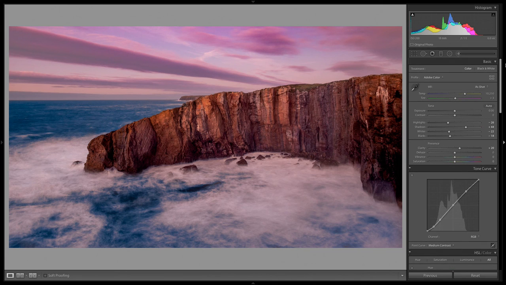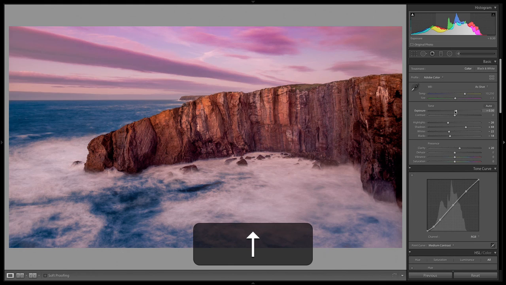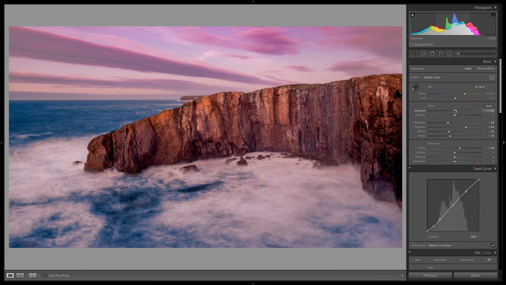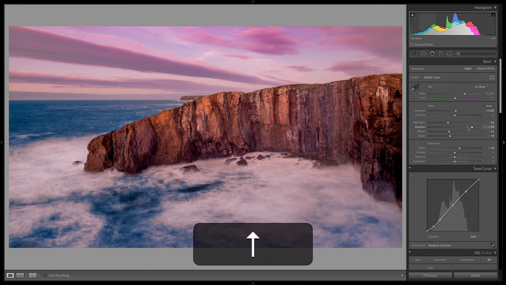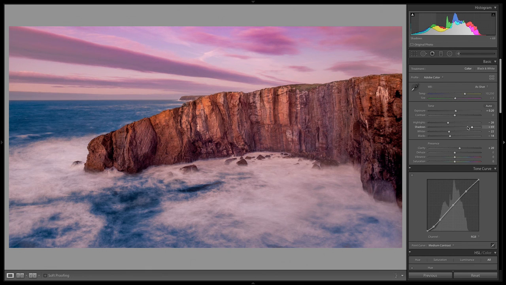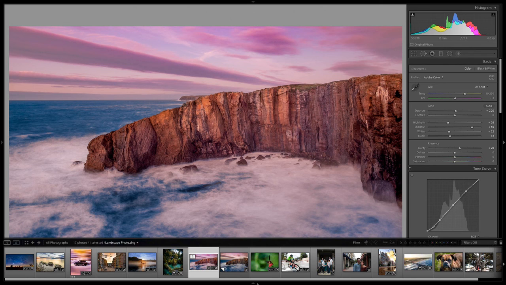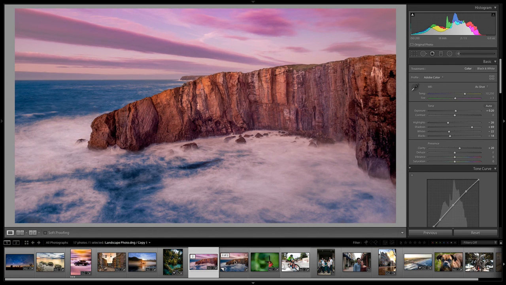I feel like overall the exposure is a little bit dark. So I'm just going to go up to the overall exposure, bring it up just a little bit, 0.20. That's looking pretty good to me. Maybe it's these shadows that I want to bring up just a little bit more. Nice. All right, so I think we got pretty close to the edit that I had done previously.